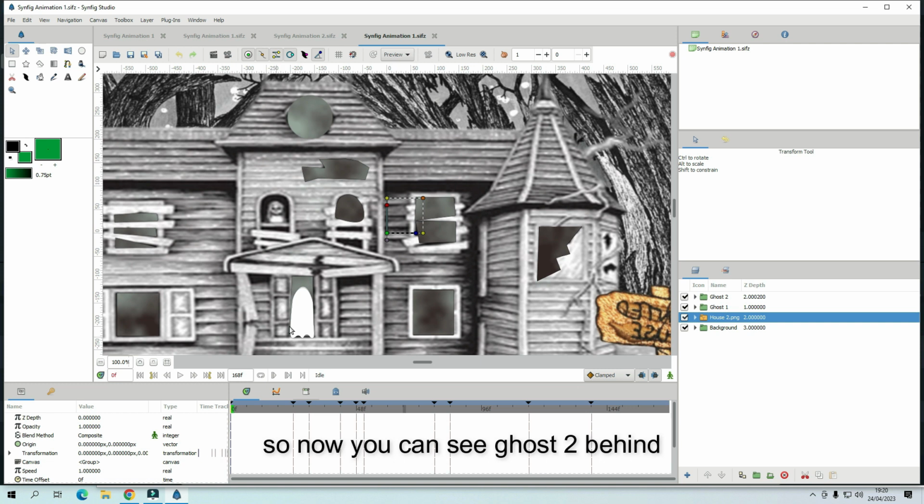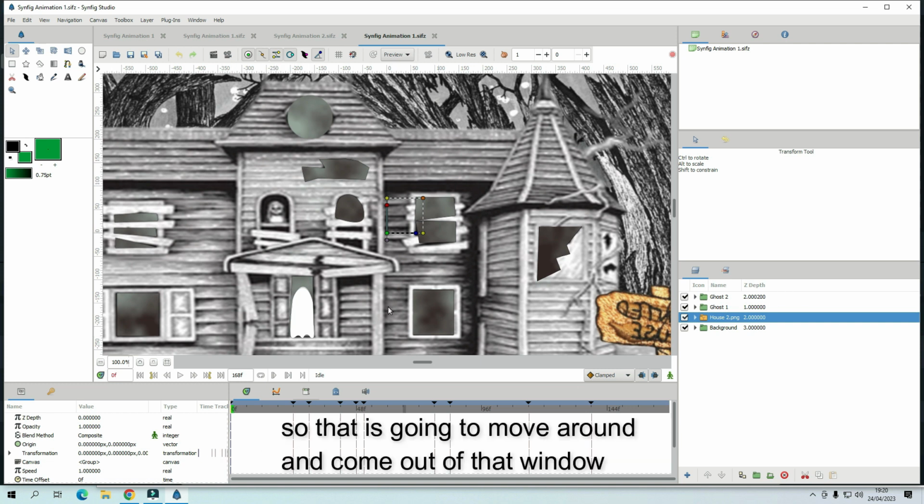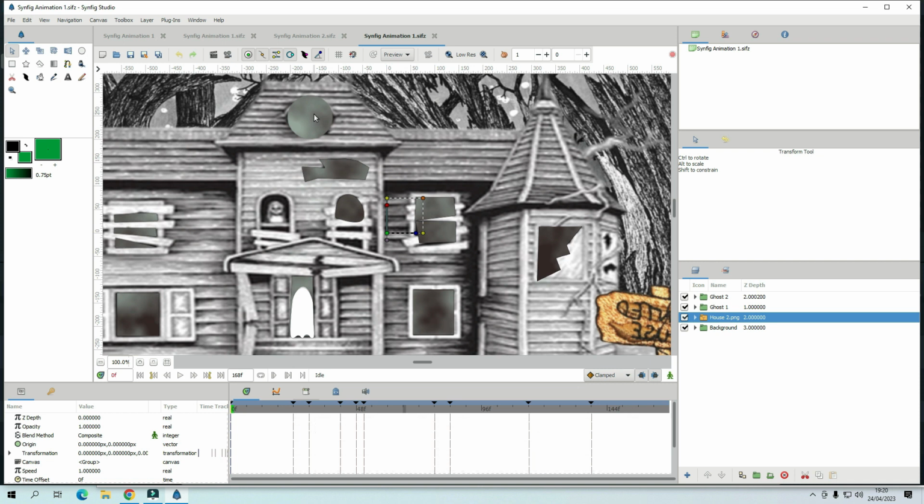So now you can see ghost 2, which is behind. So that is going to move around and come out of that window. But that's got the wrong Z depth because it's going to be behind the wall. I brought the ghost 1 back there and changed the opacity to 1 and the opacity of ghost 2 to 0, and then